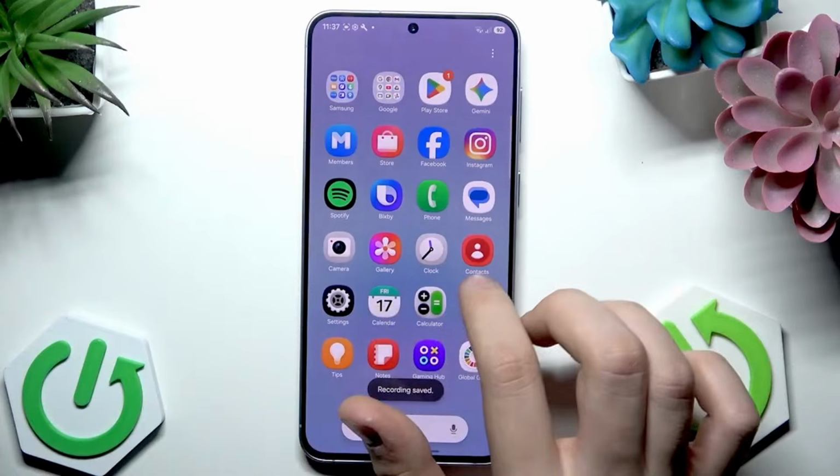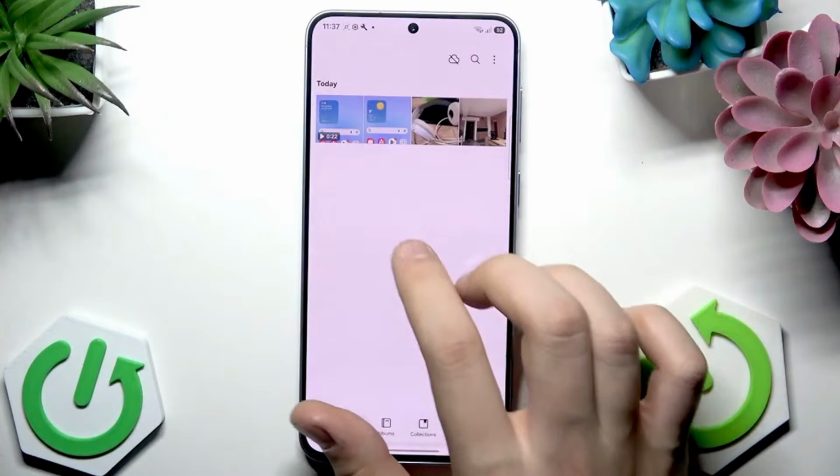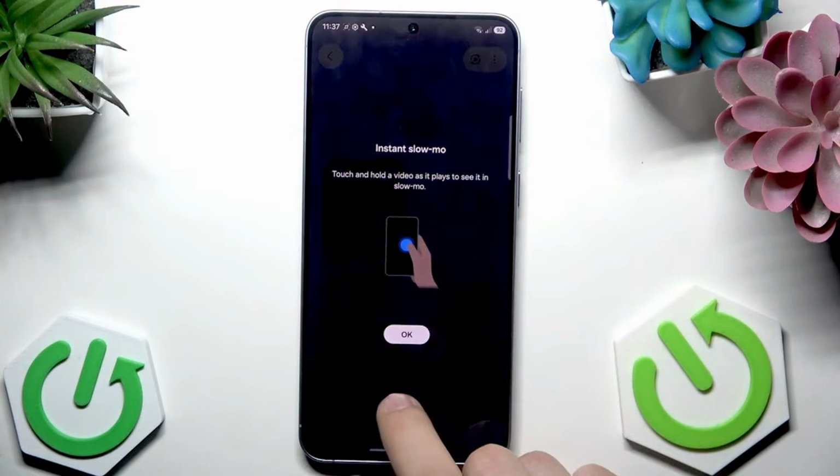Now it's saved. Here, let me open gallery. Let me open this video, and as you can see,